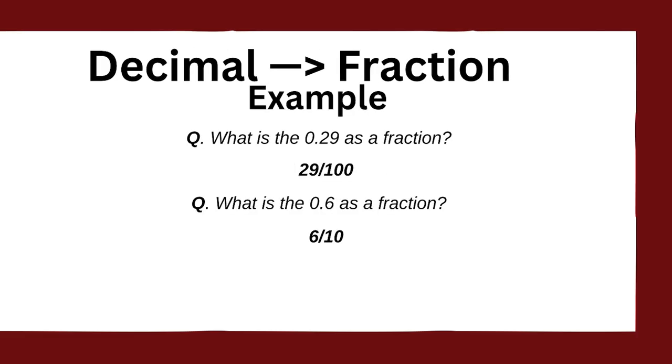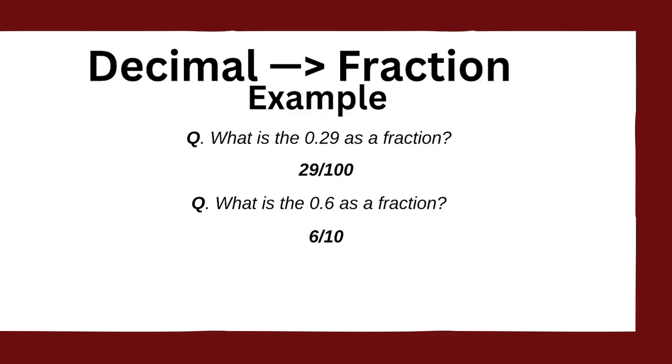So, for example, what is 0.29 as a fraction? I have 29 over 100. Now, let's take a closer look. I know I have 2 places, so that means I'm going to make that into 100 because I have 2 places I can move that decimal. 2 decimal places is 100. So we're going to put that